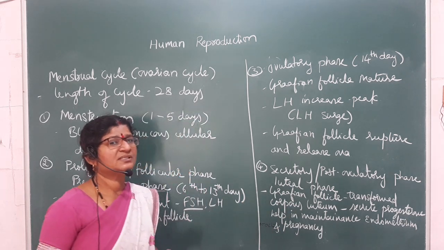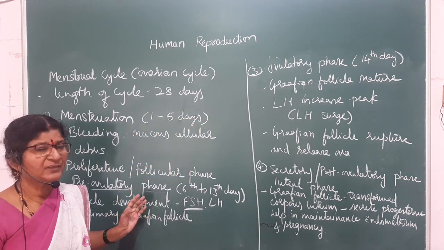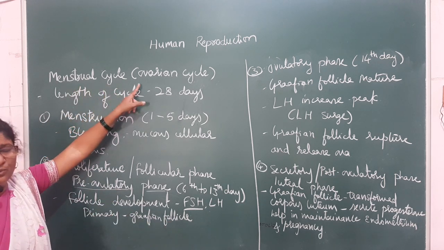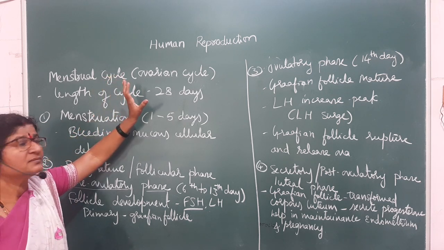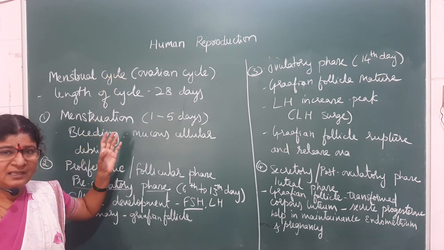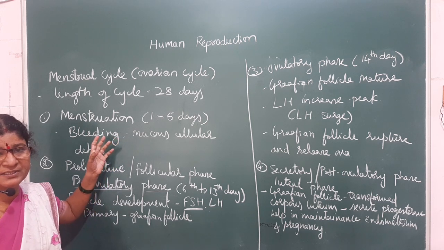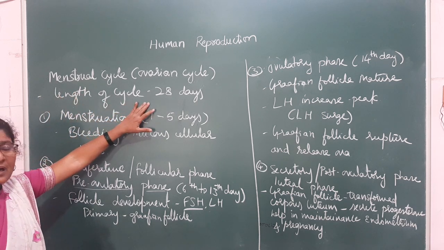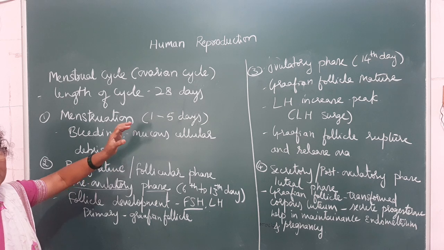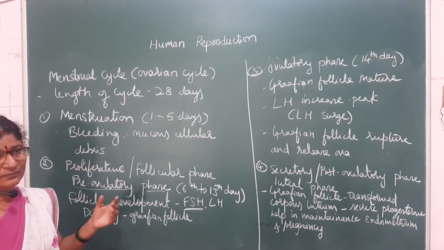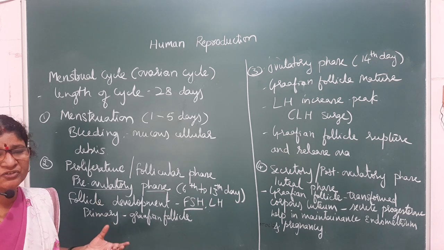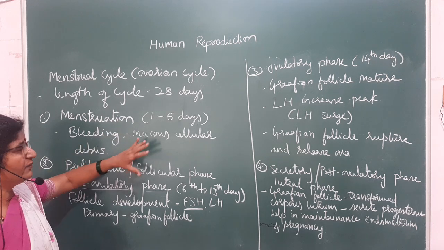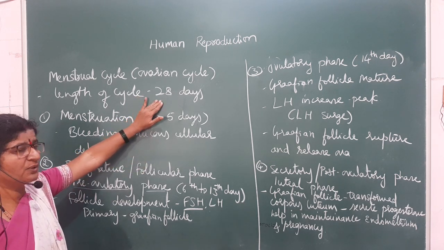Let me repeat the menstrual cycle. In short, it is a 3 to 5 mark question in the annual exam. Now, menstrual cycle is also called ovarian cycle, and it takes place especially in the primates. Example, I already gave you human beings and the apes. The length of this cycle is 28 days, and plus or minus 2 or 3 days will occur in humans depending upon the body nature, sometimes due to stress, sometimes due to physical health. Many reasons are there. Here we are studying the normal cycle of 28 days.